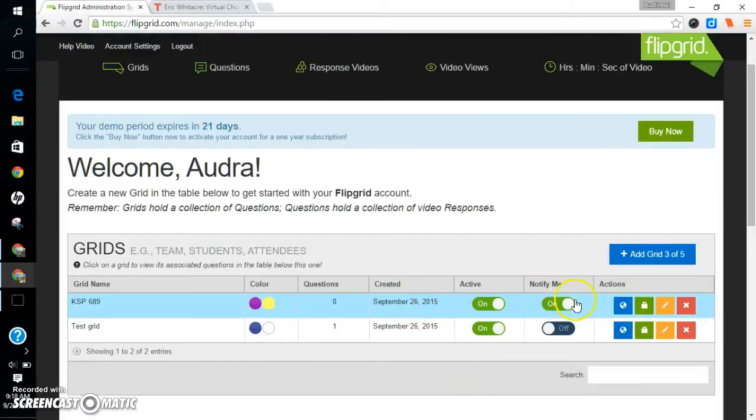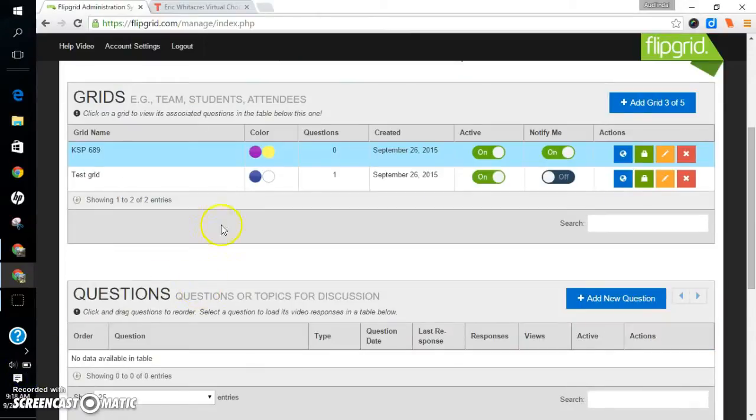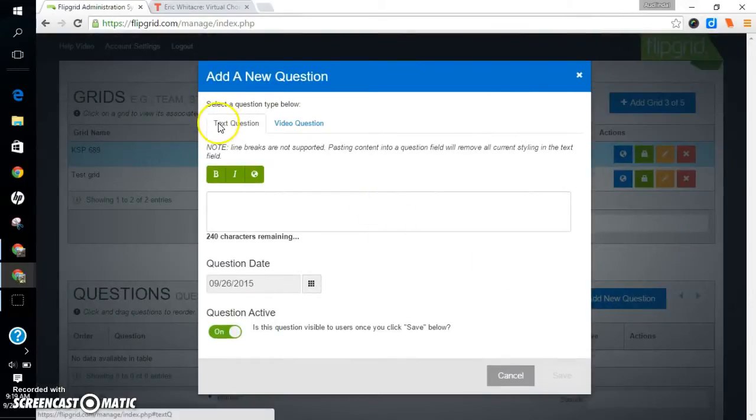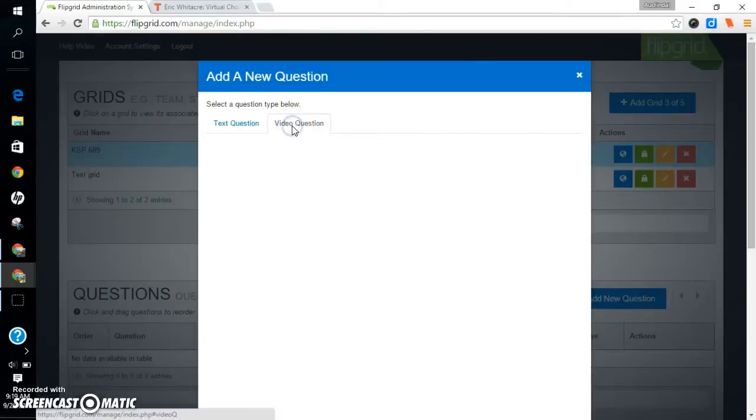Now from here, the next thing that we want to do is add a question. So we're going to go down and just add a new question. You'll be prompted with the choice for a text question or a video question. You can type or record your question. Set the date you'd like and then mark the question as active. If you choose to create a video question,